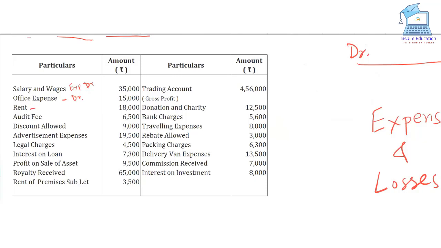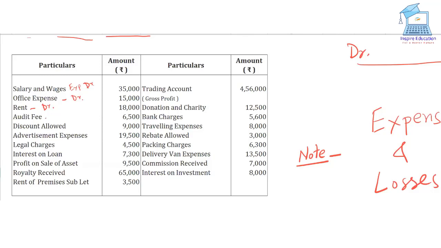Rent, expenses, isn't it? Debit. Okay, it is written like this: rent. Nothing is specifically mentioned whether rent is paid or rent is received. If any item we find in the question of confusing nature, like whether it is paid or received, not clear, then we'll give a small note and write that rent is treated as rent paid. In that case, this thing will be clear. And if it is given in the trial balance in the debit side, then it is implied that it is an expense.